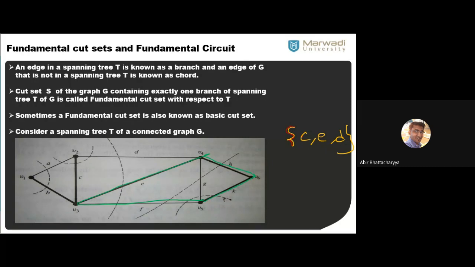Generally, we will ask you to draw. Suppose I ask you a 4 marks question. I will tell you to draw the possible spanning trees. So how many spanning trees will you draw? 8. Okay, if there are only 6 spanning trees possible, how can you draw 8? Maximum 8. If I ask the same question for 6 marks, you have to draw 12. For 1 mark, a total of 2 spanning trees.